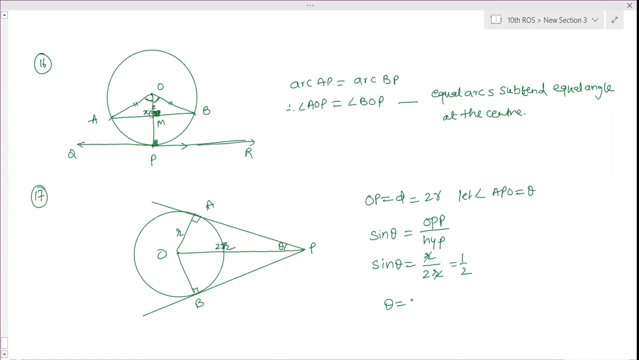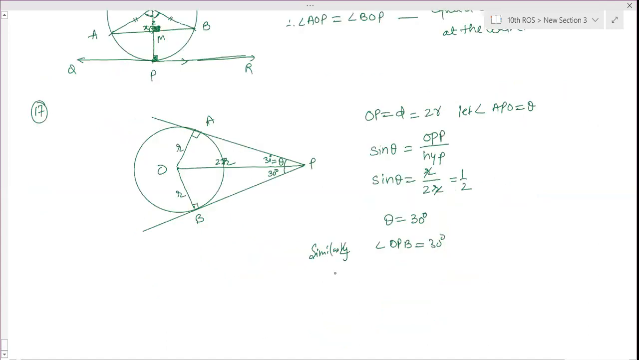Theta will be 30 degrees. Similarly, angle OPB is also 30. So angle APB is 30 plus 30, 60 degrees. Now we need triangle APB, so we have to join this. Now in triangle APB,